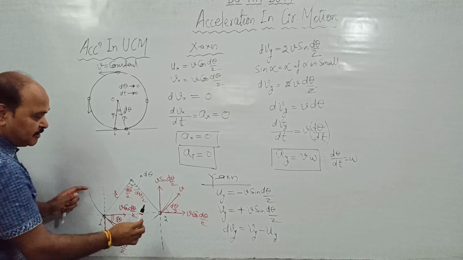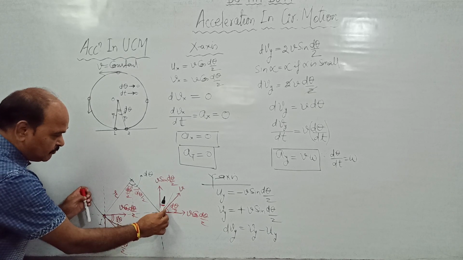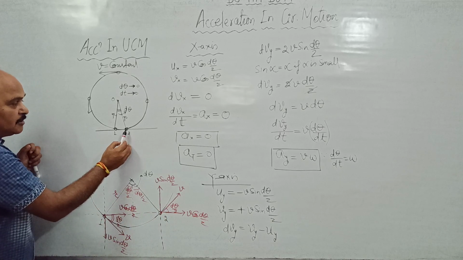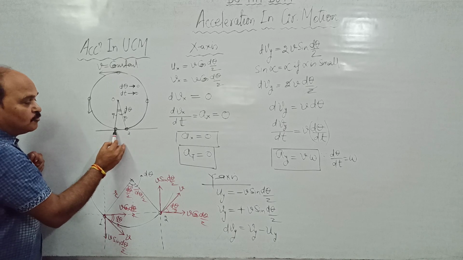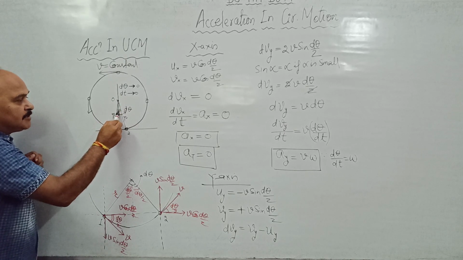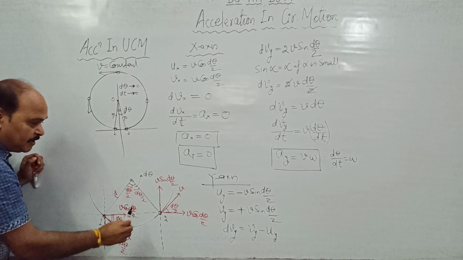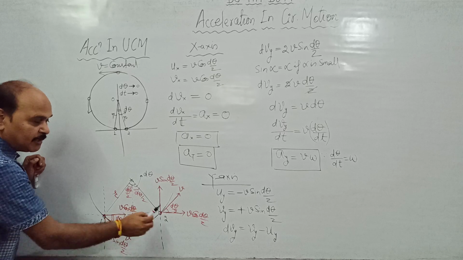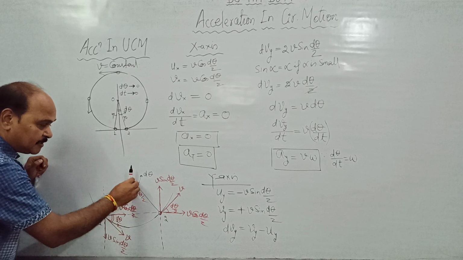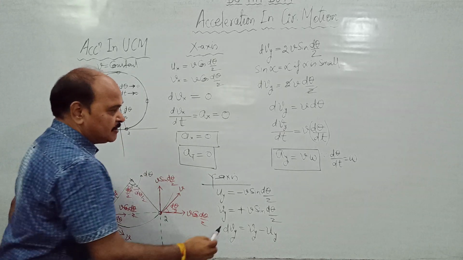If positions 1 and 2 come close to each other, these y-axes will shift towards each other. And when points 1 and 2 are so close that they are two points in the neighborhood, the y-axis would in fact be a line passing through the center. So this y-axis, which seems to be two different axes at 1 and 2, are not different axes. They are in fact an axis passing through the center, like this.